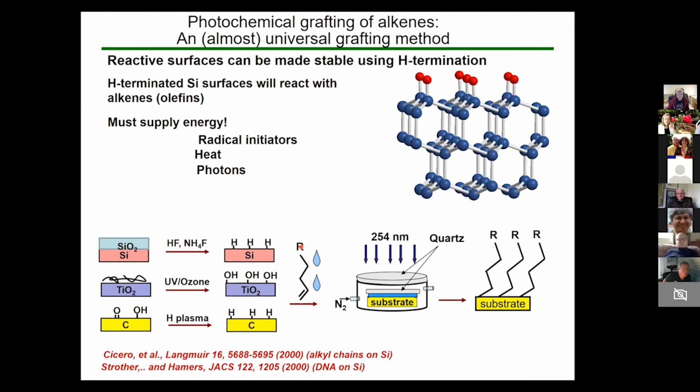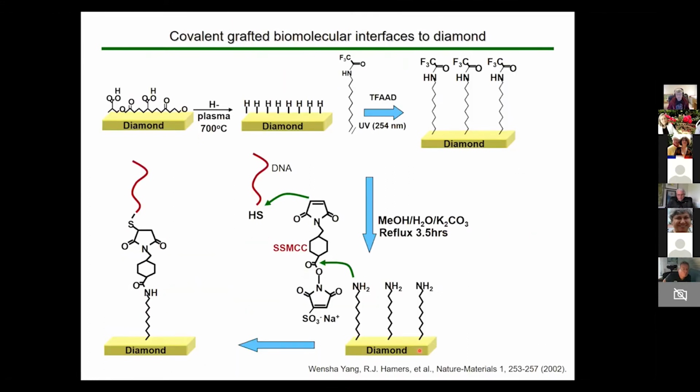But the bottom line is if you take any organic alkene, so of course to a chemist, R is pretty much any generic group, and anything that has a carbon-carbon double bond on the end, you can drip this onto your sample and shine UV light, importantly at 254 nanometers, onto it, and you can graft molecules. We showed this back in 2000, that this was a nice way of functionalizing planar diamond surfaces. This actually got a lot of attention very early on because, of course, if you can start functionalizing diamond with different molecules,